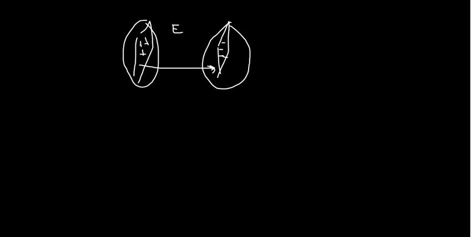Sometimes they won't give any plate, but even though they will show the electric field, something like this one. Understood? This also shows the electric field, but remember, if they show it this way, then this is always the positive side and this one is always the negative side. They won't mention it, but we have to understand this. Okay, now with this note, we are ready to understand the concept of conductors.